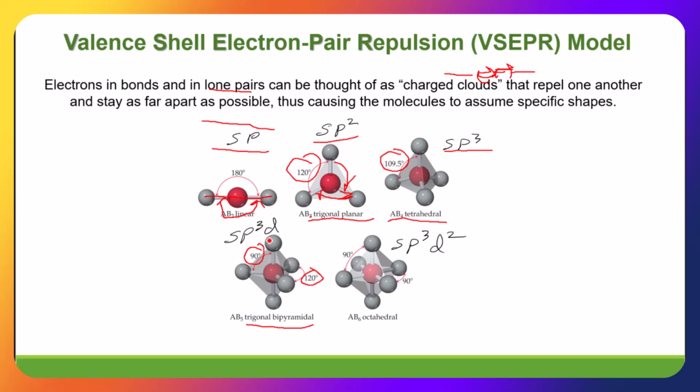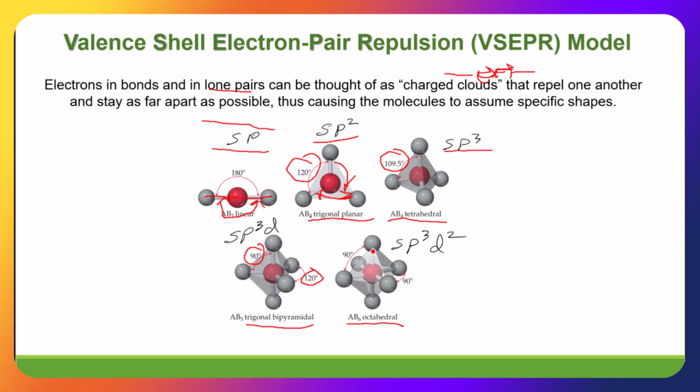Remember, you've got 5 things, 1 s, 3 p's, and 1 d all add up to 5. That's 5 electron domains, trigonal bipyramidal electron geometry. And then finally, we've got octahedral electron geometry, 6 electron domains around the central atom, 1, 2, 3,